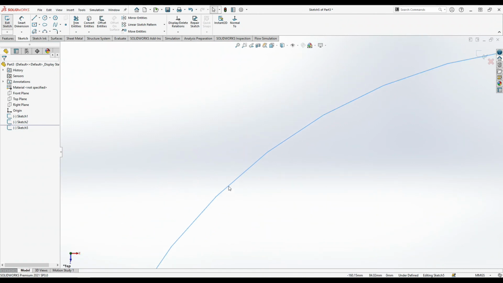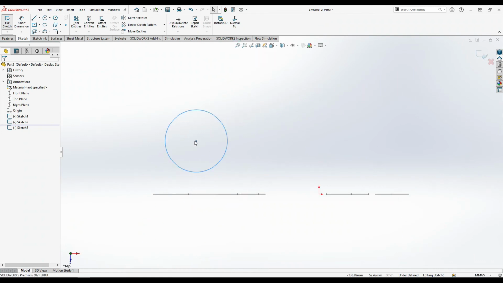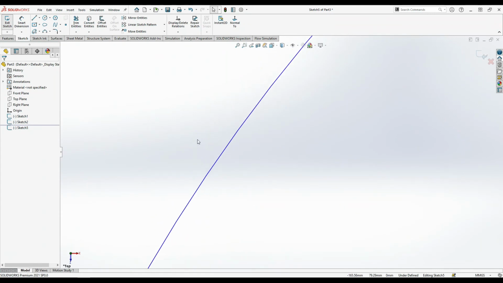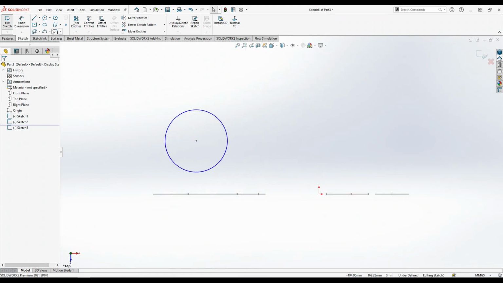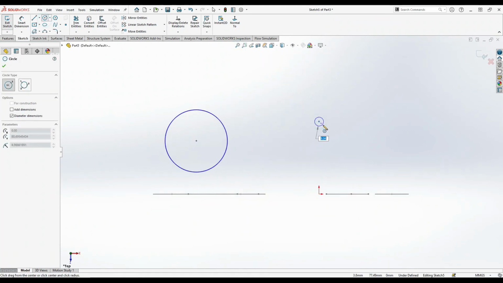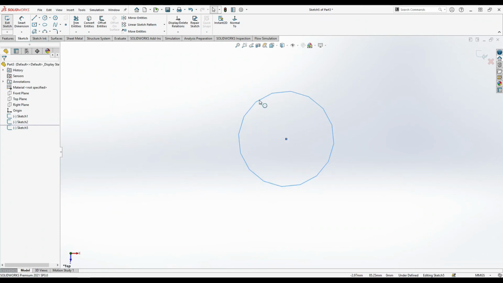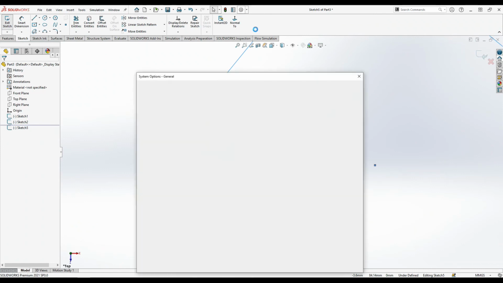Hexagonal, polygonal, right? You cannot see it as 100% round. See, you can see here, right? So this is the option actually.